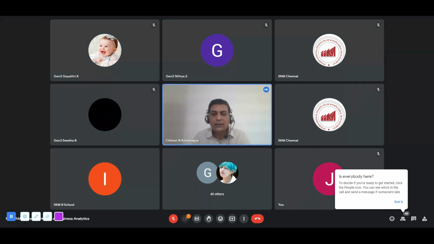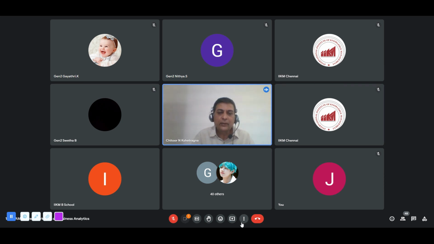Let me give you another simple example to make you understand. Let me give an example of VIT in Vellore. Let's say they have around 6,000 engineering students, and normally when TCS goes to VIT, they pick around 800 to 900 students for placements. If you have to pick 800 students in one day or 1.5 days, it's inhuman to do, impossible to do. That's where data science comes in handy.